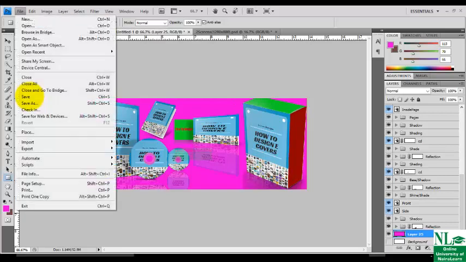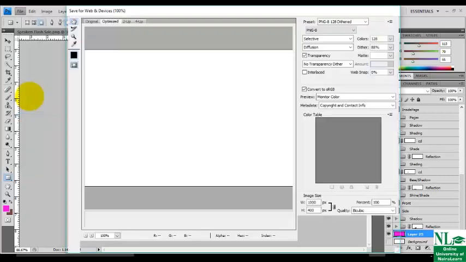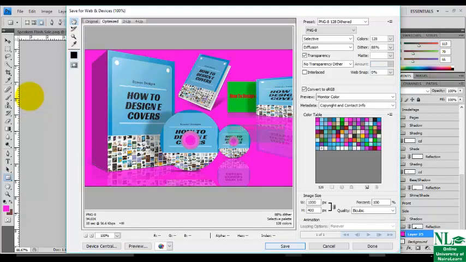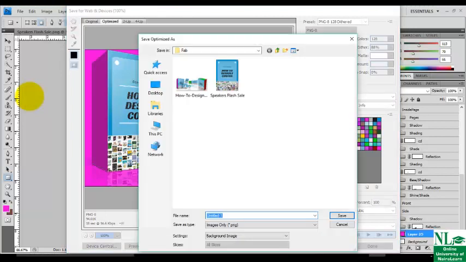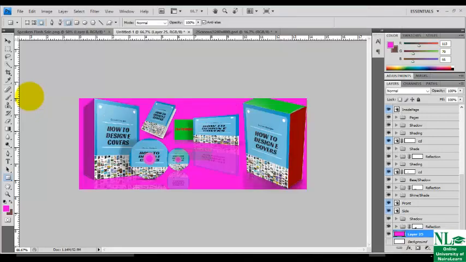So once you're done, you go back to File again, save for web device. Then you click on save. You can say sample 2, or you title it.